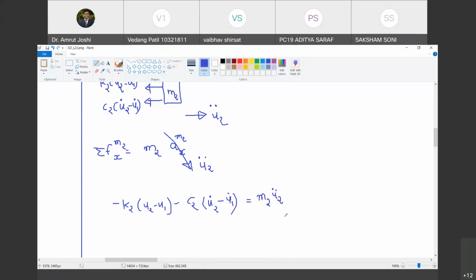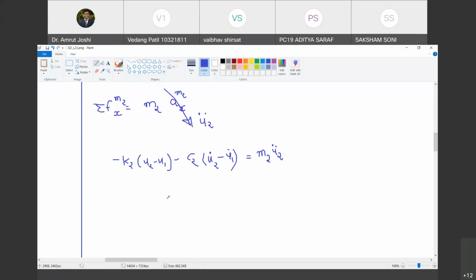I am going to follow the same strategy. I am going to take everything from left hand side to right hand side and I am going to collect terms in u1, u2, u1 dot, u2 dot and u1 double dot, u2 double dot. Happy? Yes, sir. So what is going to happen? चलो right hand side में जैसे ही ये terms लेके जाता हूँ, this side is going to become 0. 0 must be equal to first terms in u2 double dot. So it is only m2 u2 double dot. Agreed? Are you with me?